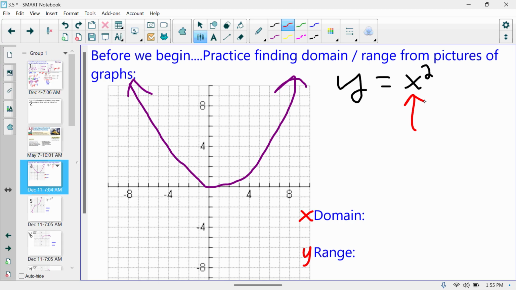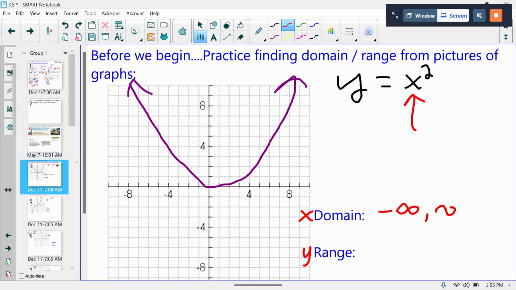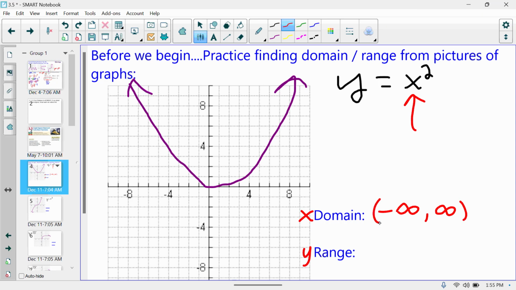Can you square 0? Yes, 0 squared is 0. Can you square a positive number? Yes. There's nothing that you can't square, okay? So since there's no restrictions on x, that's when the domain is all real numbers. And remember, in